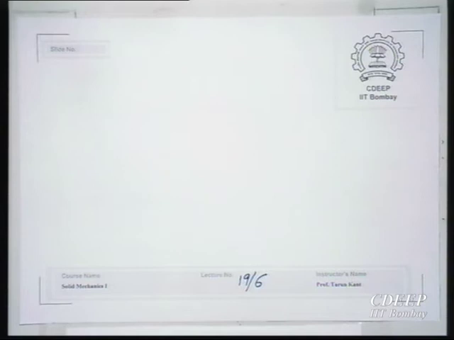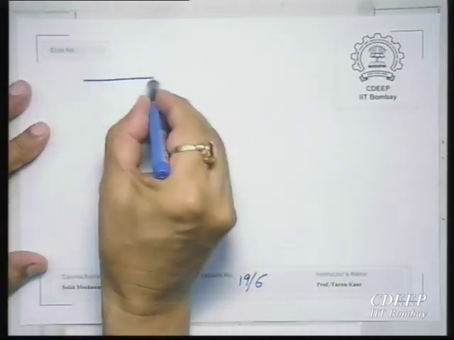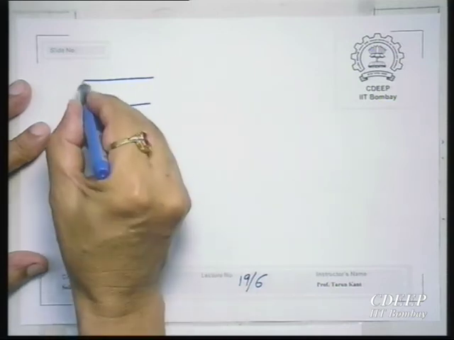Then what should we do next? We have studied deformation to some extent, but deformation leads to what? Strains. The body deforms and that leads to strains in the body. So, I must find out the strain in the beam. I will take a small element of the beam.